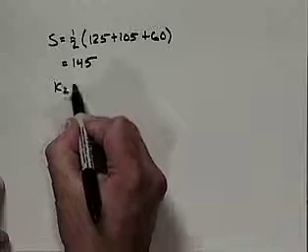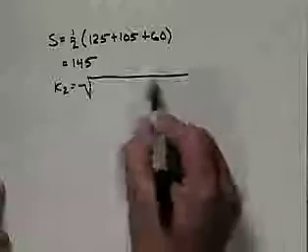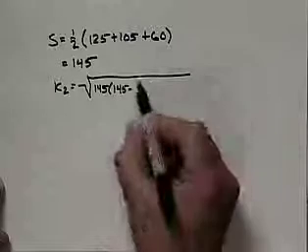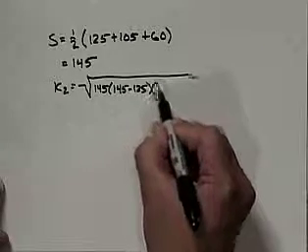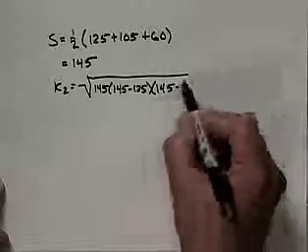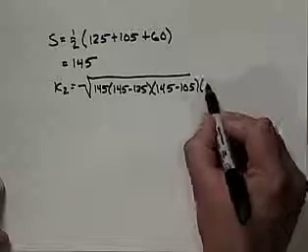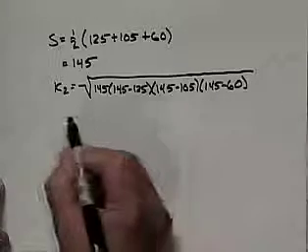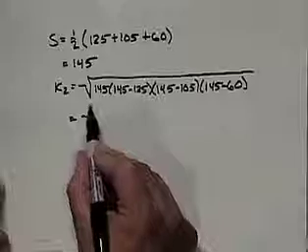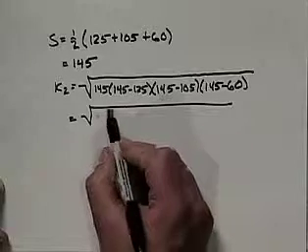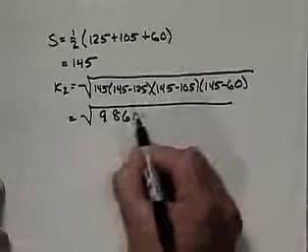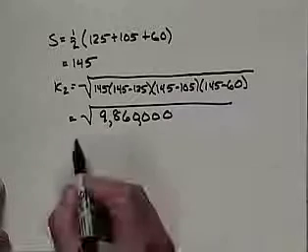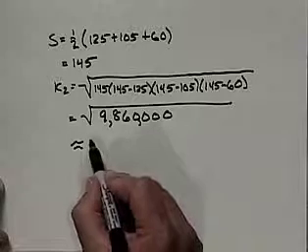So K2 is equal to the square root of 145 times 145 minus 125 times 145 minus 105 times 145 minus 60. This gives us the square root of 9,860,000. And approximating this on our calculator, we get about